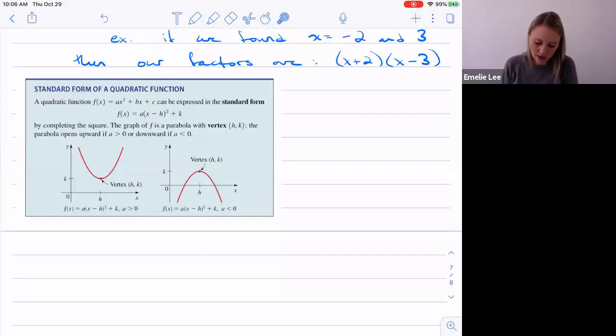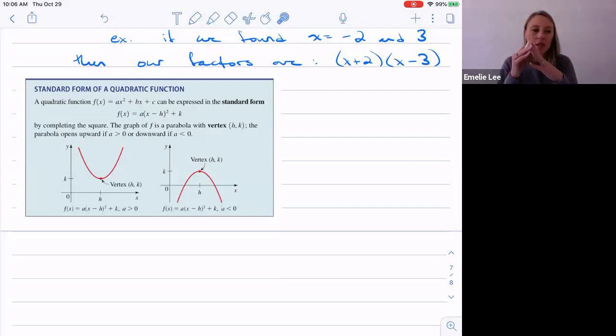And the graph of f is a parabola with a vertex (h, k), where h is from here and k is from here, right? So the benefit of rewriting it in standard form as opposed to the general form is that you're easily able to find the vertex. The vertex of a quadratic is either the minimum or the maximum, depending on if it's facing up or